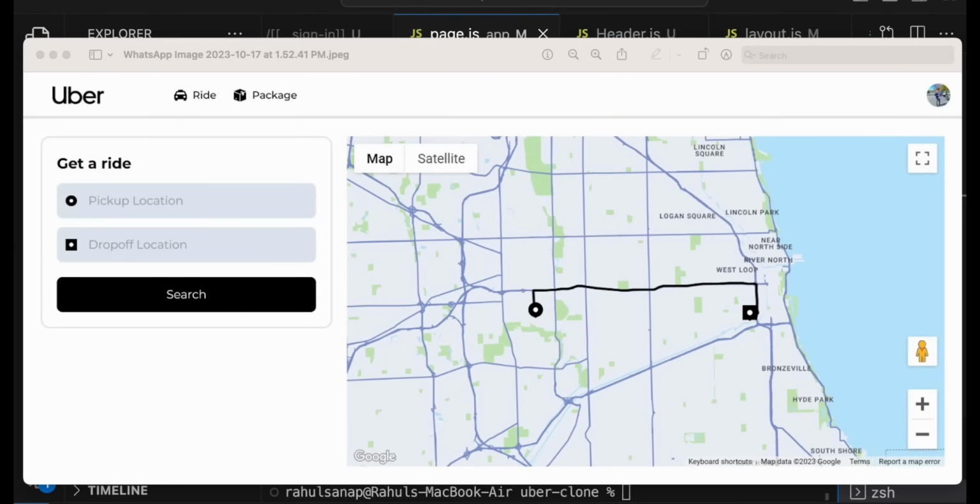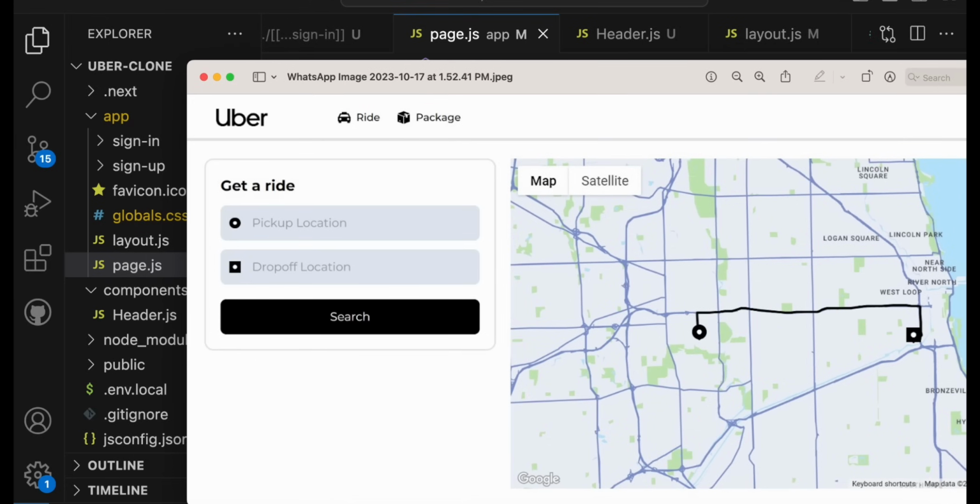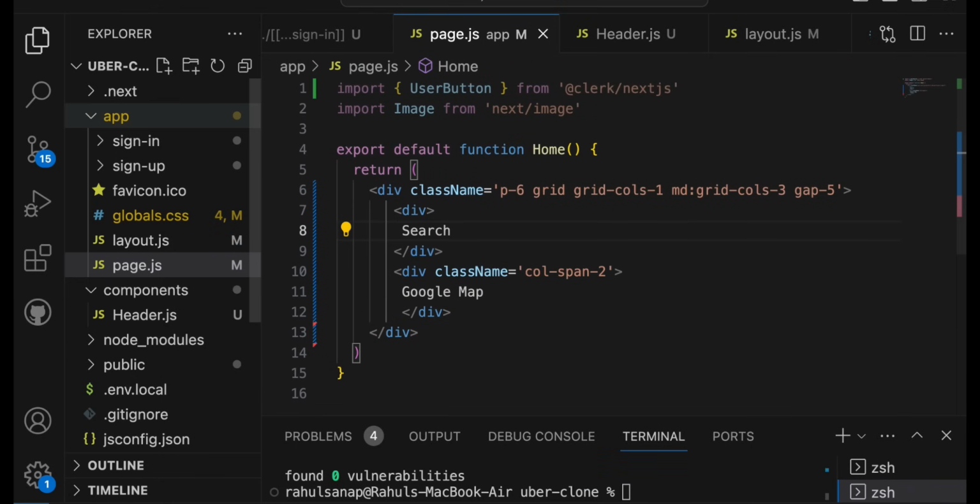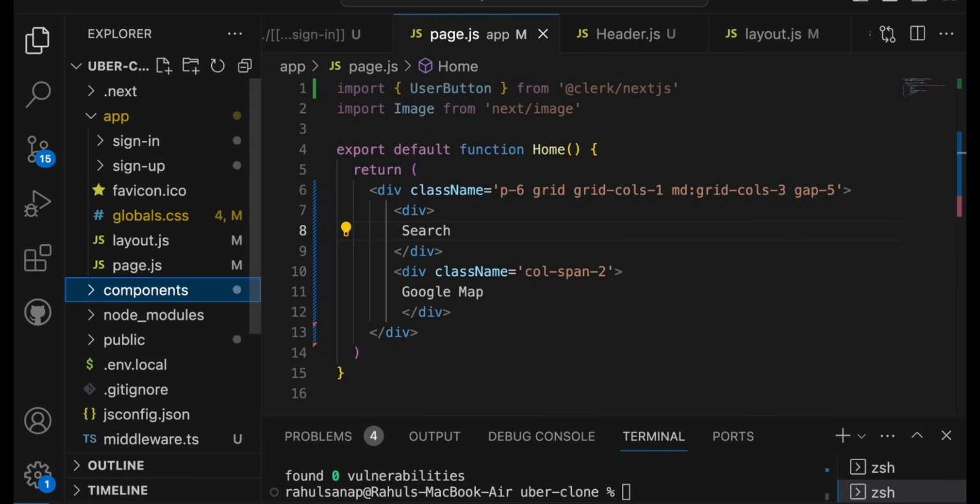If you see on the left hand side, this is just a prototype. This is how we're going to add this search functionality. On the right hand side we have the Google map. So we need two input boxes, one for the pickup location and another for the drop off location, and then a button. So let's go back to our application, and inside the component folder we will